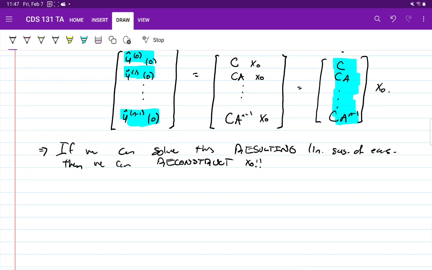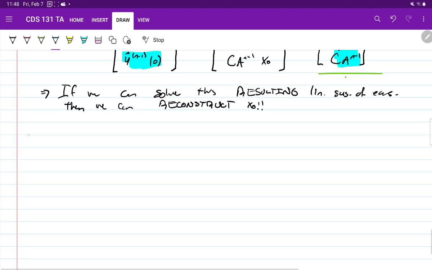So this basic sketch of a strategy leads us to something called the observability matrix of the system, right? It turns out the observability matrix is going to be exactly this matrix that we defined over here, okay? So the idea in this case is, well, if this matrix is full rank, we'll be able to solve this system, right? So that gives us a really nice, sharp algebraic condition for observability. Okay, so let me write out this theorem regarding the observability matrix, and then we'll go ahead and prove it.